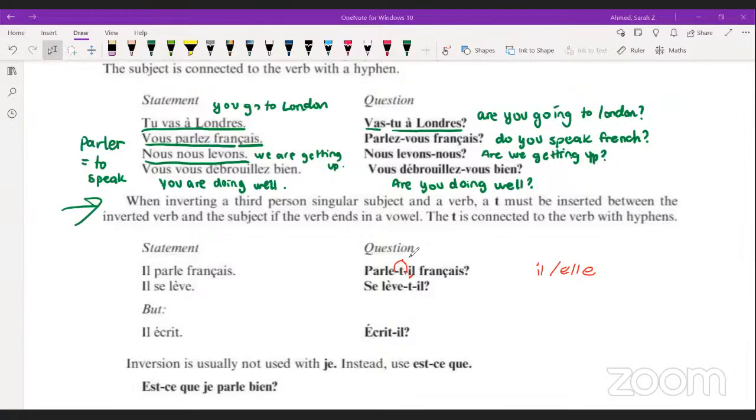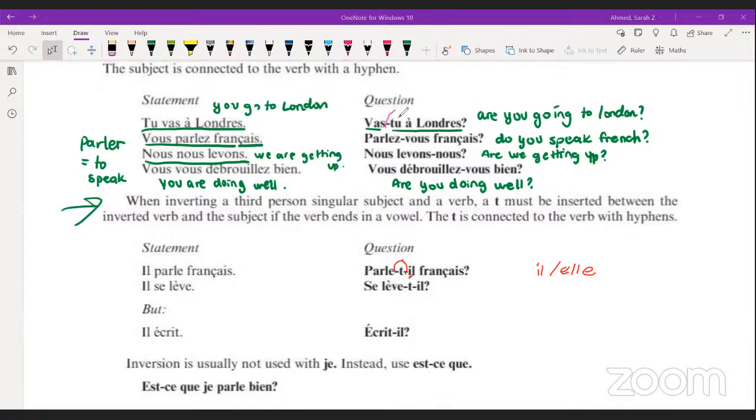Okay, yeah. So basically yesterday, you know how we talked about how if it's like you go to London, right? Tu vas à Londres, we can put the verb, hyphen, and the subject to make it into a question. Tu vas à Londres. Vas-tu à Londres? Okay, but notice over here how the subject